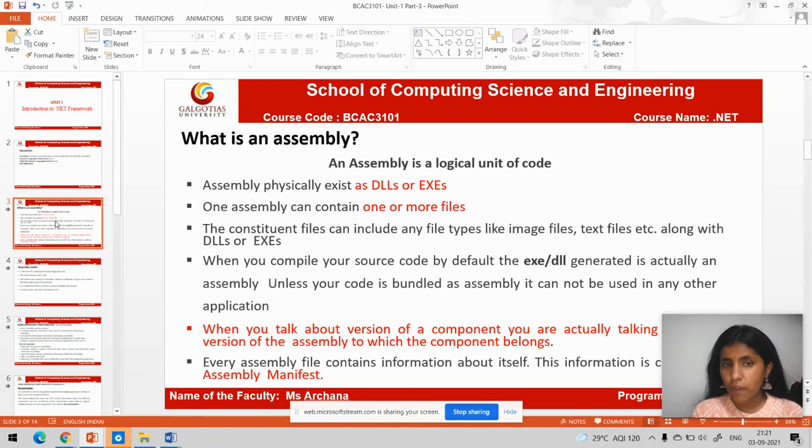When you talk about versions of components, you are specifying which version of the assembly and which components it belongs to.